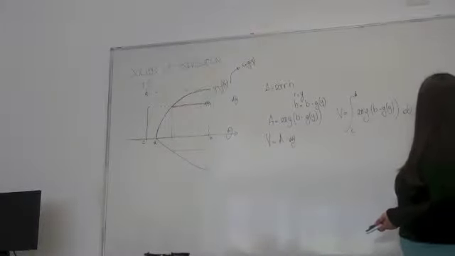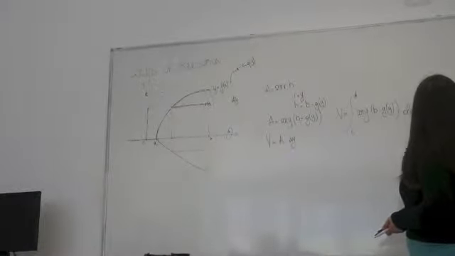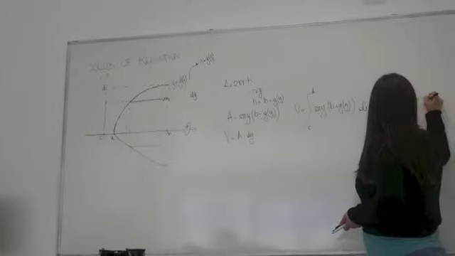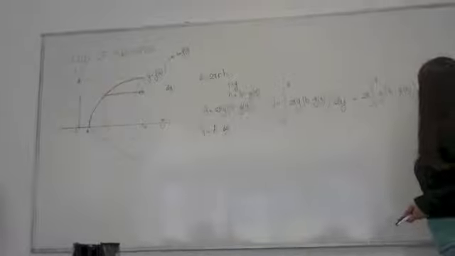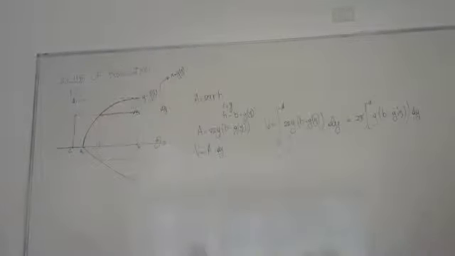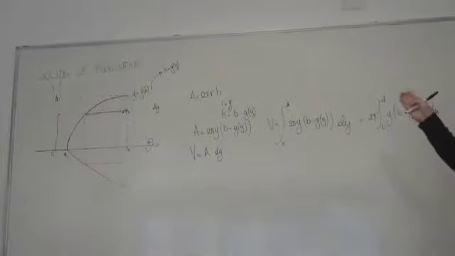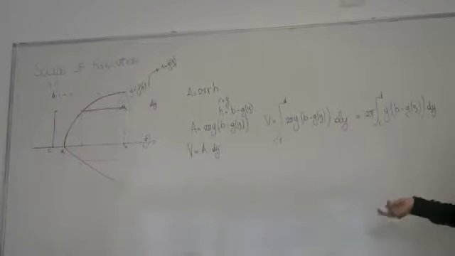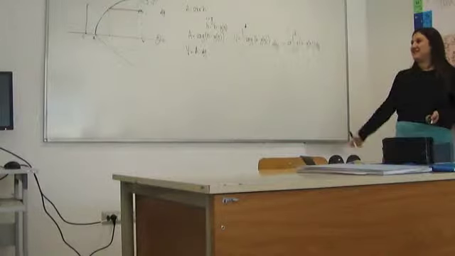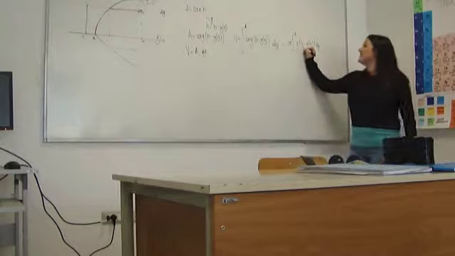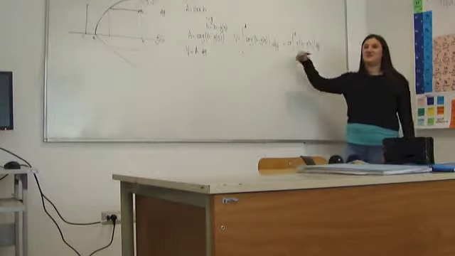We can take the 2 pi out, so it's 2 pi times the integral from c to d of y times b minus g of y dy. When we do it with a real function, it's going to be easier to see, because this is going to be a constant, which you can take out of the integral, and then just